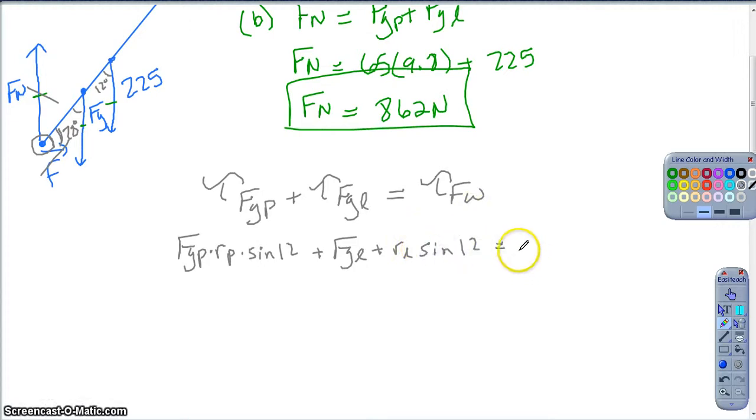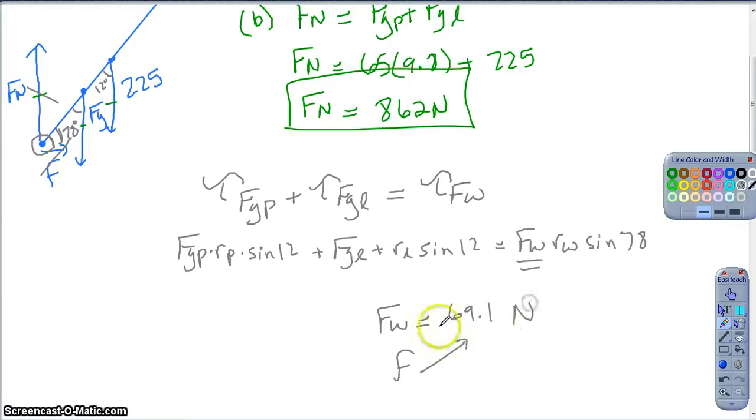And then finally the torque of the wall, which would be the force of the wall times the radius to the wall times the sine of 78 degrees. At this point it's just a matter of plugging in and solving for the force of the wall. When you find the force of the wall, you should end up finding that it is 69.1, and because the force of the wall is equal to the force of friction, that is also 69.1. So the calculation